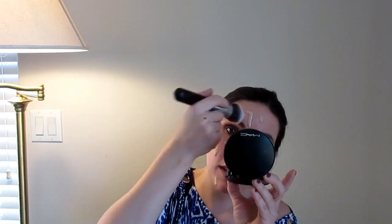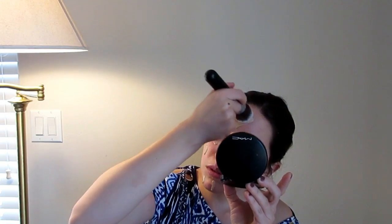I haven't used this in a while, so I'm going to put some on my face. Because where else does foundation go, you know? Now I'm going to blend that out with my M439 from Morphe. No. Ooh, that's thick. So I'm starting out with a brush, circular motions around the face. This technique helps your makeup last longer, your foundation last longer, because you're starting with a brush and then I'm going to take a sponge and